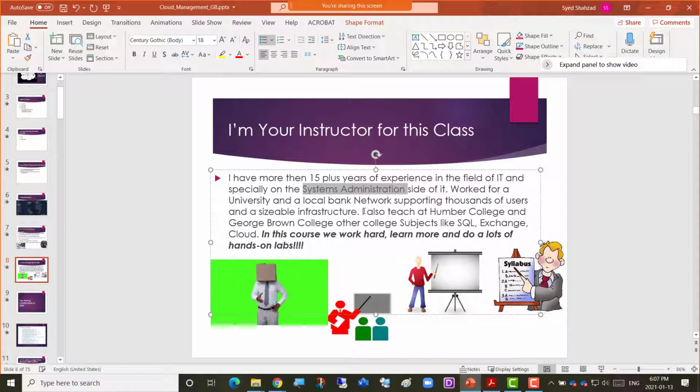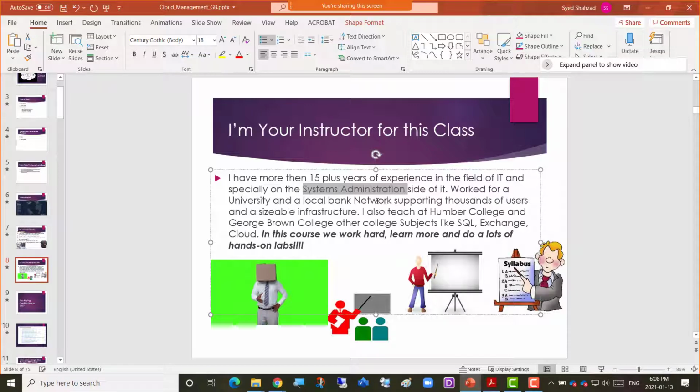It's called COA, the Condominium Authority of Ontario. There I'm a cloud infrastructure administrator. The designation is normally IT admin, but they have all their workload and resources in the cloud, which is Office 365 and Microsoft Azure.